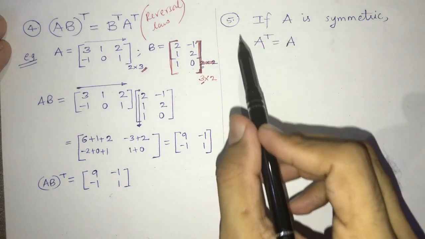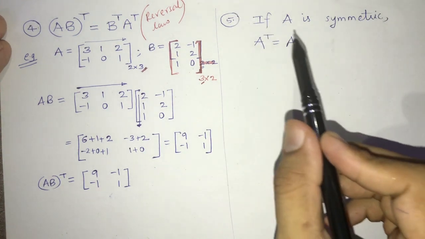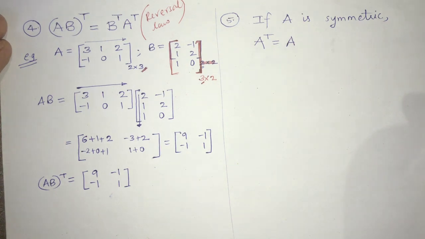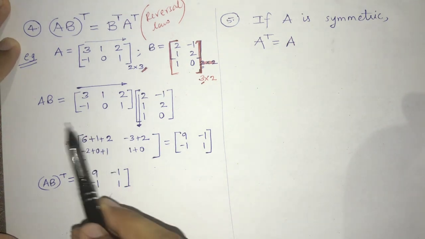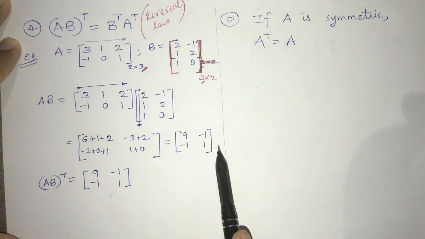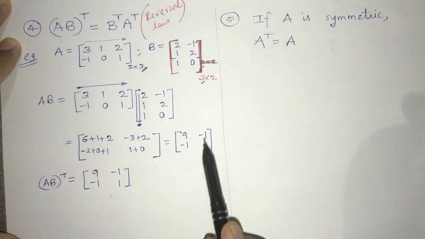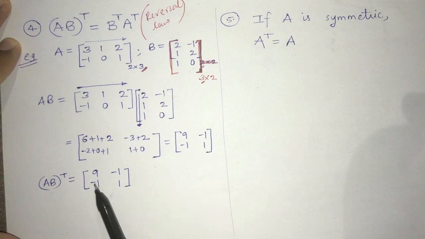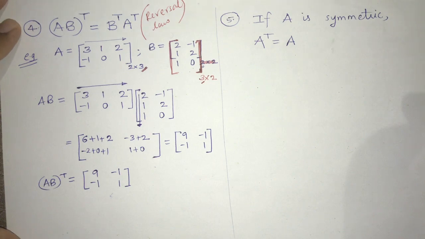See, that is the next property which you need to remember. If A is symmetric, A transpose is A. Okay, यहाँ पे वही हुआ, AB जो है वो diagonal 9 और 1 वाला है, उसमें symmetric है, तो transpose लेने के बाद भी हम लोग को same matrix वापस मिल रहा है. AB transpose is same as AB. Okay, but right now we are going to prove the reversal law.